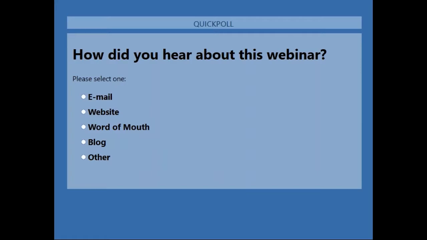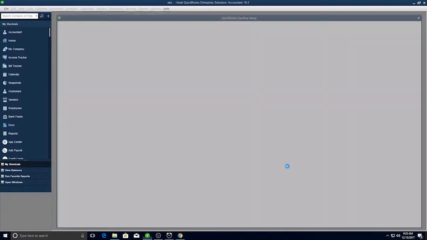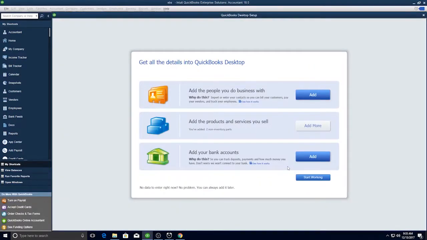All right, so we're going to continue on. For now, we have the business name is EBS, our industry is retail shop or online commerce, and our business type is corporation. We don't need any of those other existing fields. We can simply put the required information in, and then we can come back later and fill in the non-essential information. As soon as we get the file created, we get a screen here that says